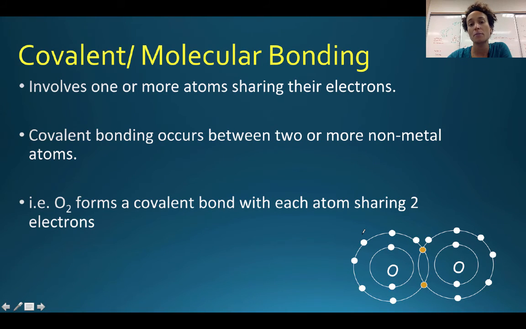Today we're going to talk about the other type of bonding, known as covalent bonding or molecular bonding. This involves more than one atom sharing electrons, and this only happens between nonmetals. So if you see a metal in there, you automatically know that it's an ionic bond. This is where we actually have electrons being counted more than once to make up that valence